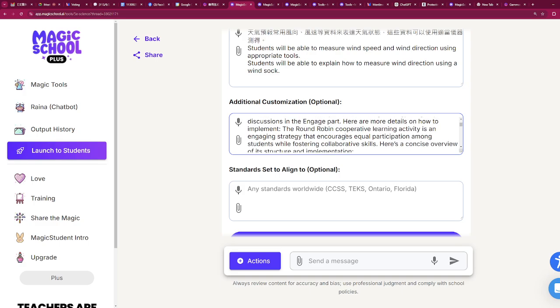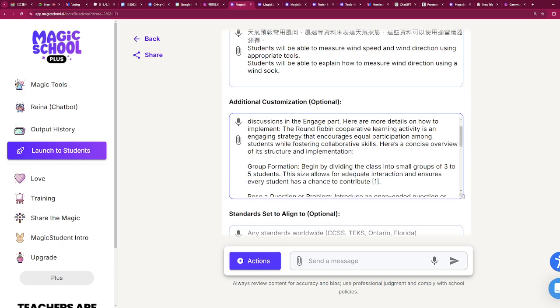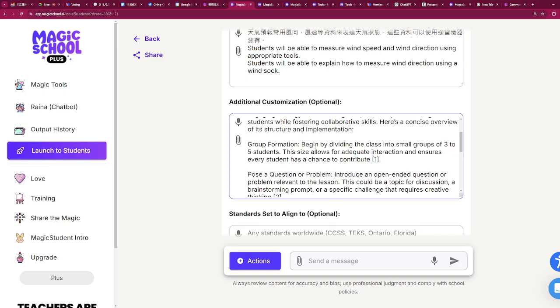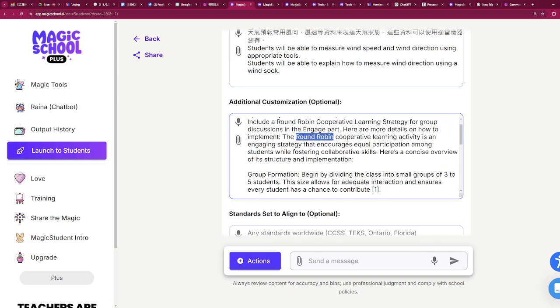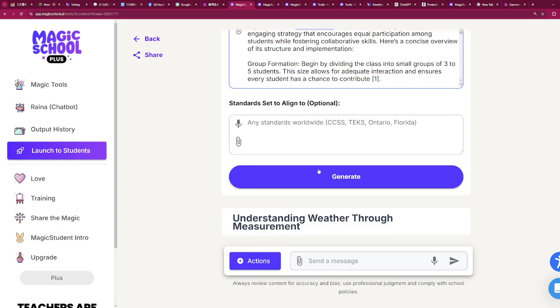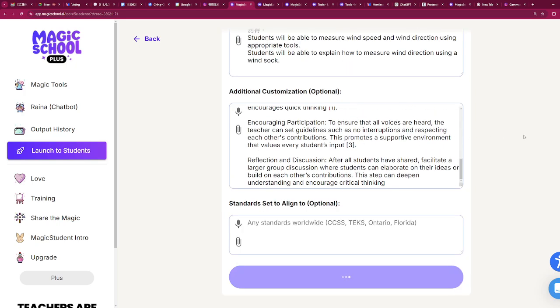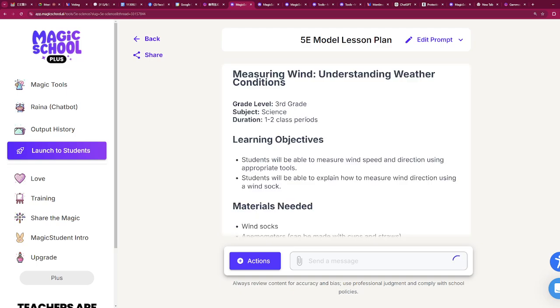But AI does not know what round robin is, because round robin means differently in different contexts. So we would need to feed the AI with the precise information of how to conduct a round robin. So here's a concise overview of its structure of implementation. So you have to provide them with a prompt of how you actually conduct round robin. And you click on generate, and it'll instantaneously generate the lesson plan for you for third grade science,